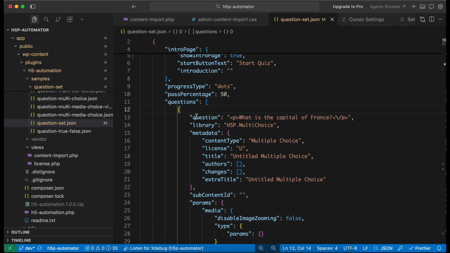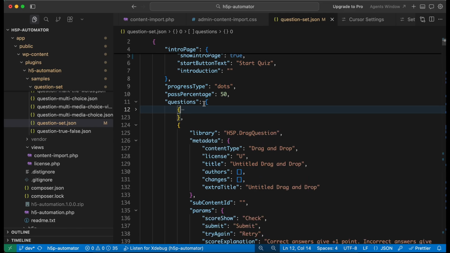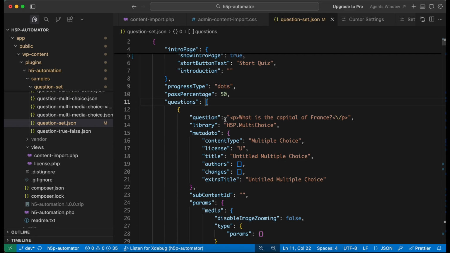Here you can see the first question. It also starts with a square bracket, an array, and inside this an object, so it is an array of objects. The first question is multiple choice, and here you can see the question, and this is the question title. All you need to do is modify your question title. You don't need to touch any other things,